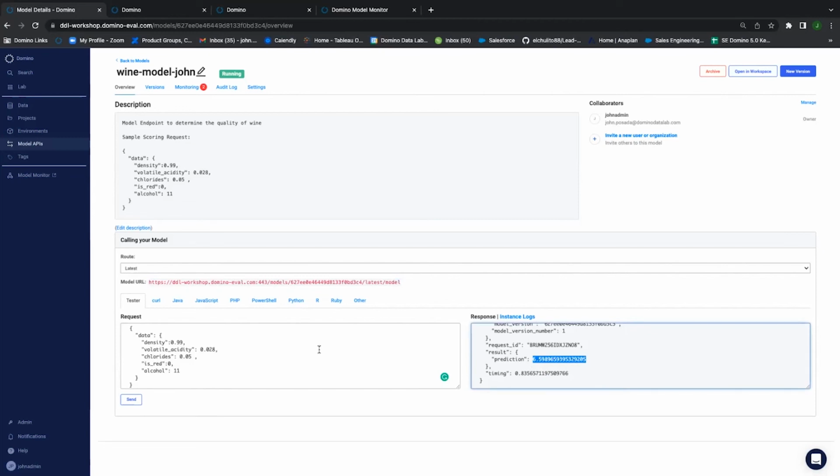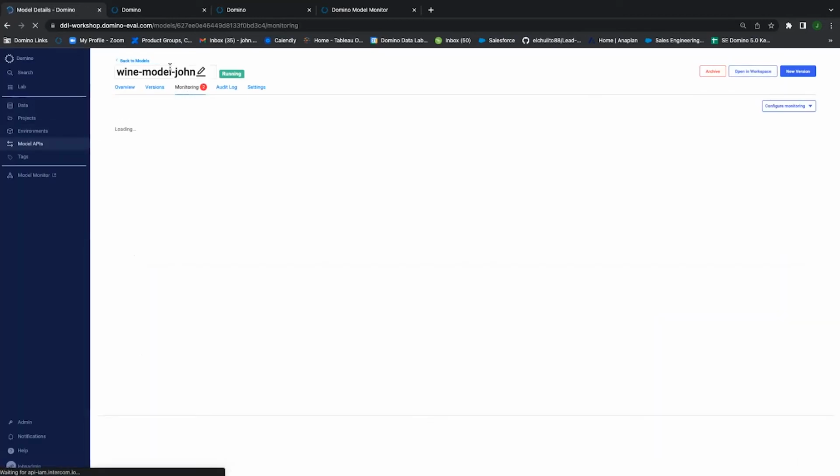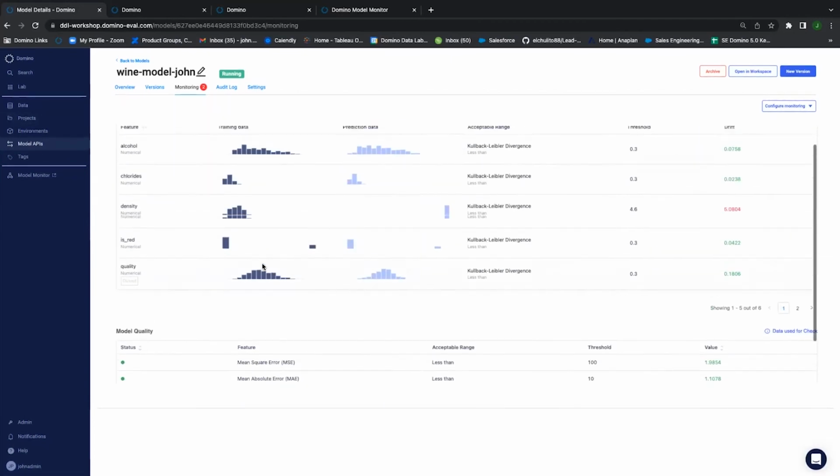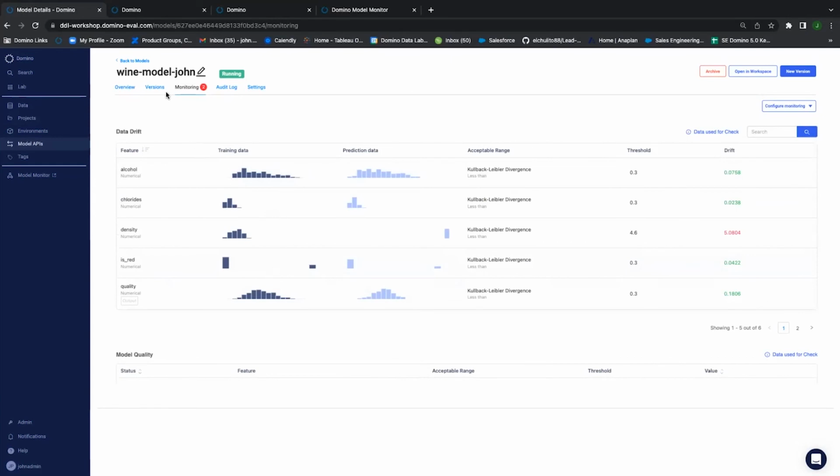Good to know. So now that I know the information, if I say, for example, I want to go ahead and build this as a model to monitor itself, you'll see here when I go into monitoring inside of Domino, if I select this option inside of any endpoint that I'm working in, I can attach basically the trained data set that I used for this specific model to go ahead and then monitor that, for example, with respect to data drift. So in this case, you'll see here, I have an example, a quick overview of data drift and model quality. This trained data set came from this model since I built it in Domino. The prediction data is just basically coming from the endpoint being pinged when you're sending the incoming requests.